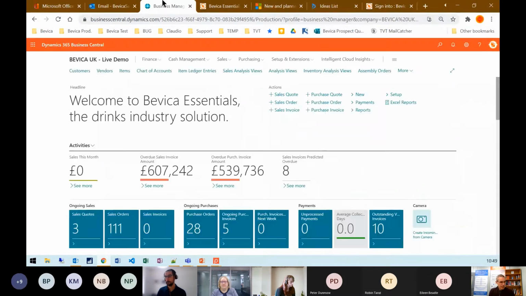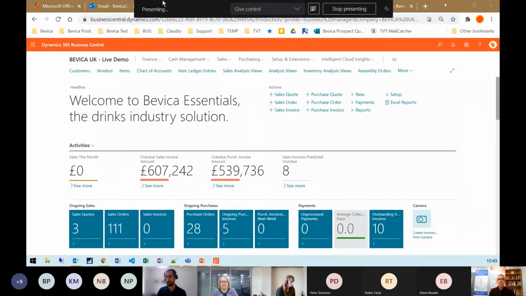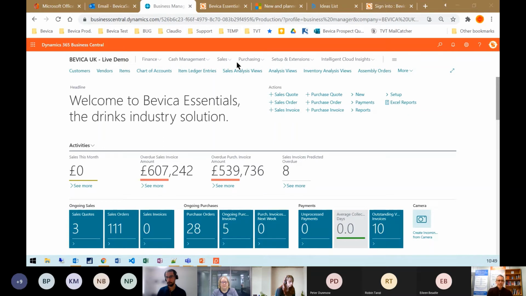So let's go into, so this is what the product looks like. You'll recognize the tiles, you'll recognize the layout. This is a particular role center. There's all the role centers that you're used to. What I want to do before going into the functionality, I wanted to show you some of the slightly more admin things, not because I think particularly you'll be using them yourselves, but just so that you are aware that they exist and to kind of demystify